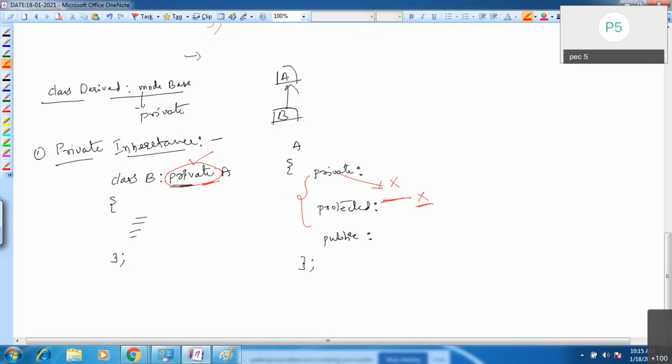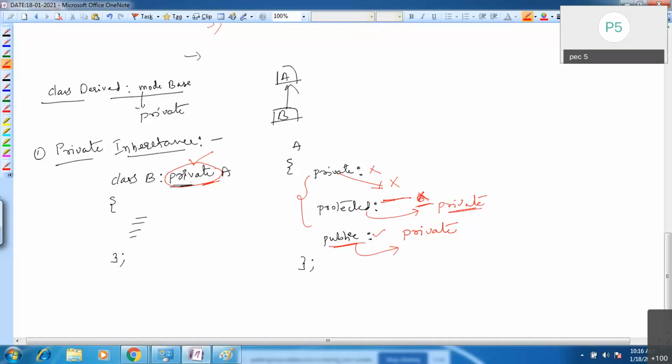If it is a private derivation, you cannot access private members, but protected members and public members you can access. However, these public members and protected members will become private inside the derived class. Just concentrate here.